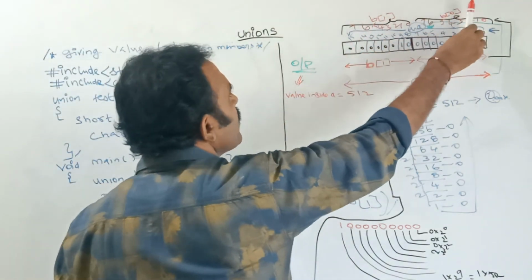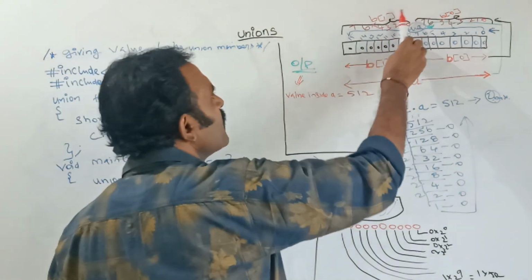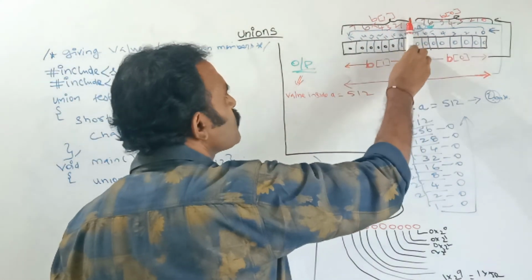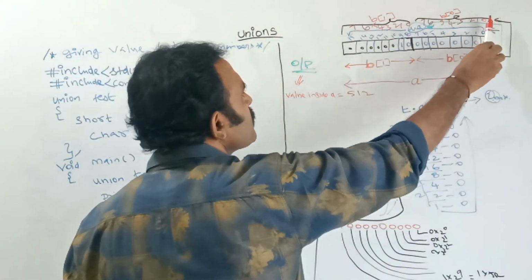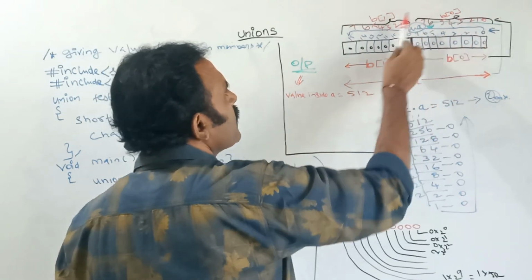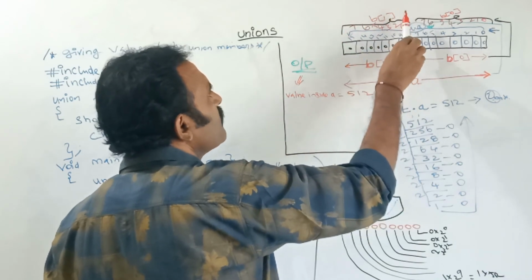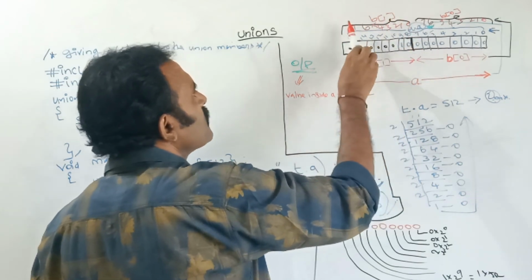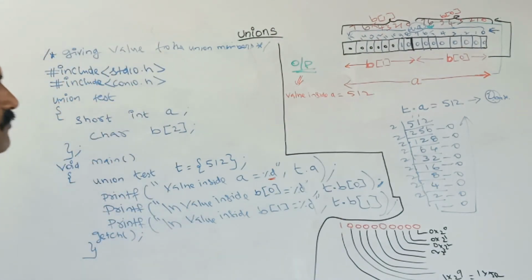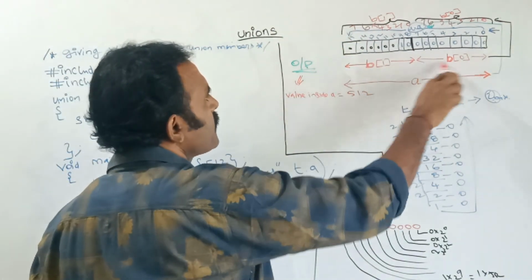By using the array, I had specified 2. So this memory was split into 2. The first part is B of 0, that is 0 to 7. This is the weightage value. Next, in the second part, B of 1, here also the values start from 0 to 7. See, I am telling about B. This is the character data type.